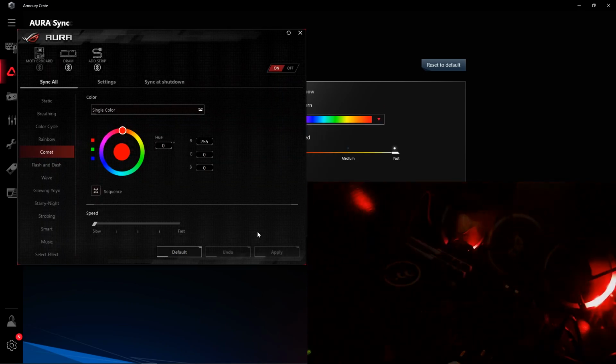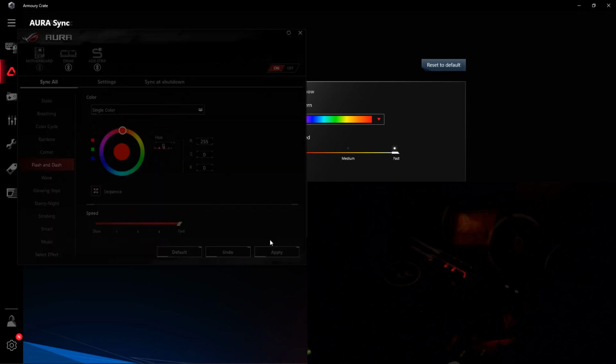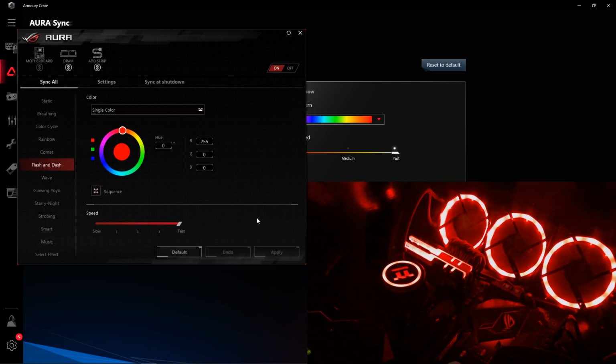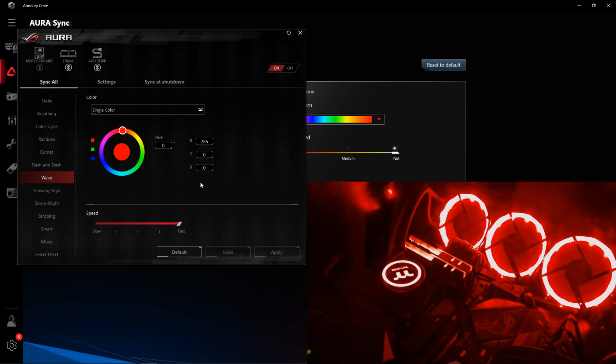Comet is, well, a little bit of light that just beams through the entire system. You can once again select the speed, the color, and the sequence. Flash and dash, I will just put them all on fast so it goes a little bit fast. Flash and dash gives a bit of a brighter flash of the one color that you choose running across your fans and other components. Wave gradually fills up your system with color